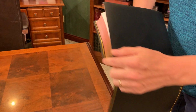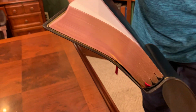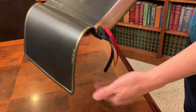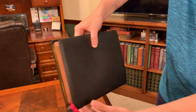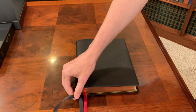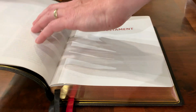You got your perimeter gold. They chose to not put it in the hollow here, which is a stylistic choice. Some of them they do, some of them they don't. Black headband, 3 double-sided 3/8" satin ribbons. Look at the gilding on this thing. Very, very even. I mean, they just went for it on this thing. It's a 10x8 footprint. It's massive, it's heavy, 4.5 pounds, but man, I tell you what, this thing has it